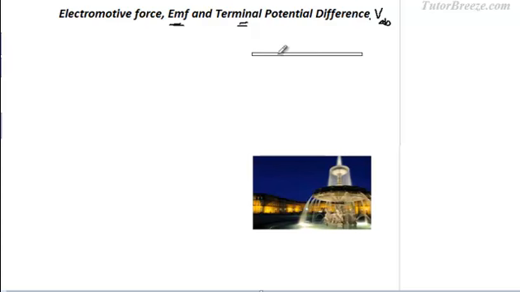Now, suppose we take a simple circuit. We have a conductor and this is connected to a cell. Now, you know that current will flow through this. Let's say this has a certain amount of resistance, so this is not really a short circuit. Now, current will flow through this.